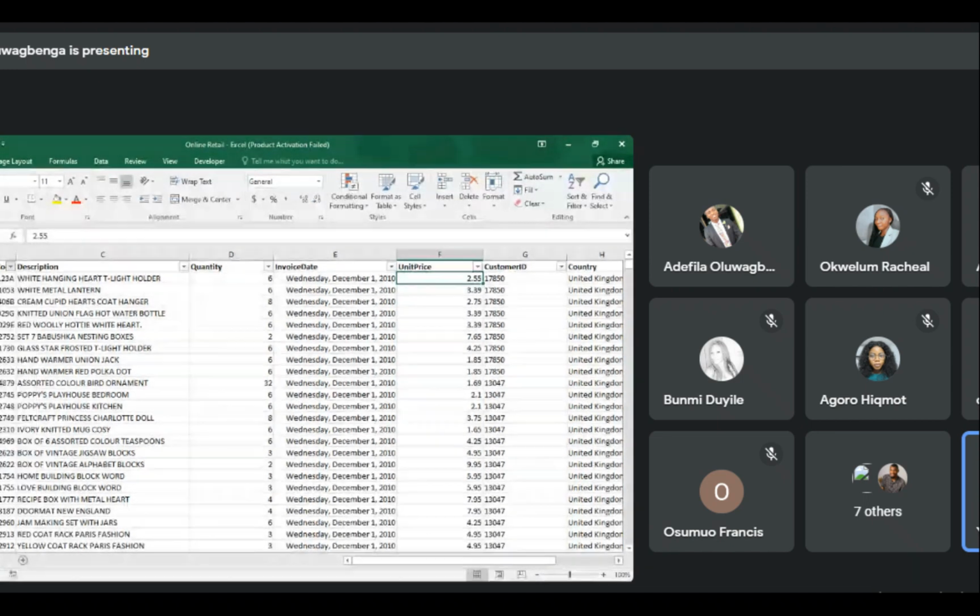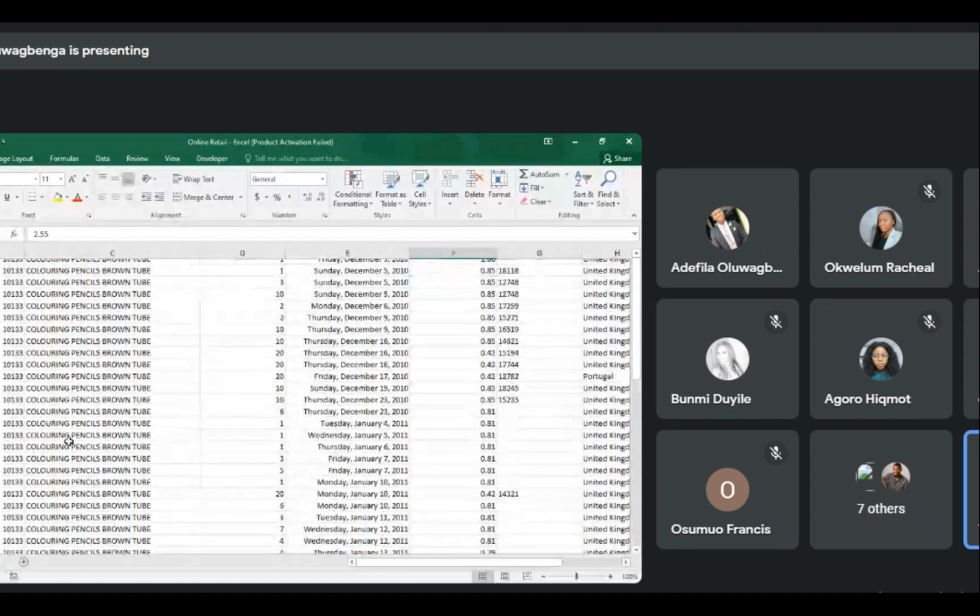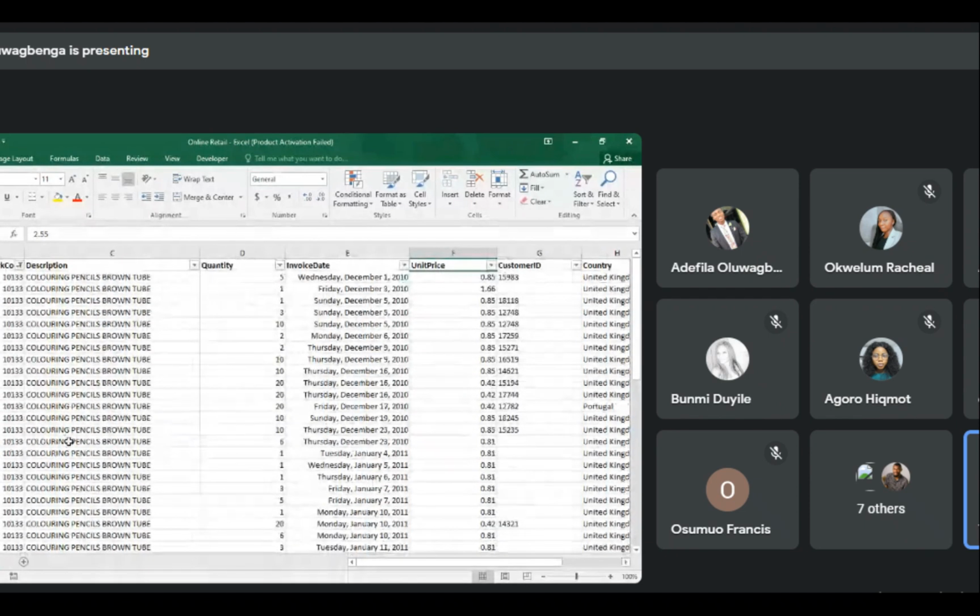Okay, good. So we have some repeating codes for stock codes. So if you're interested in going above and beyond,